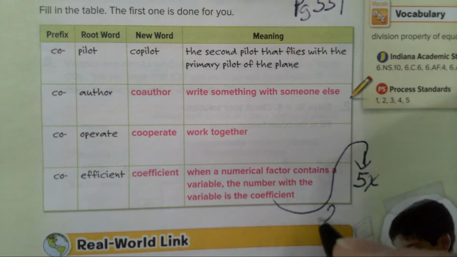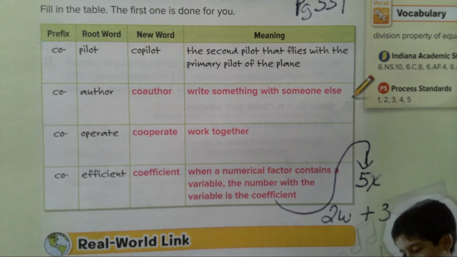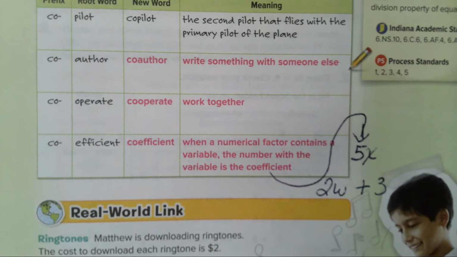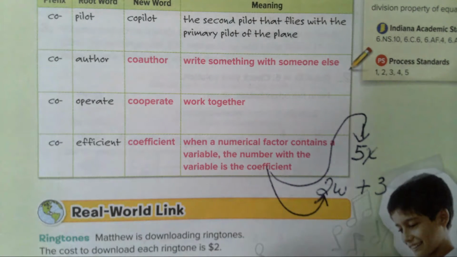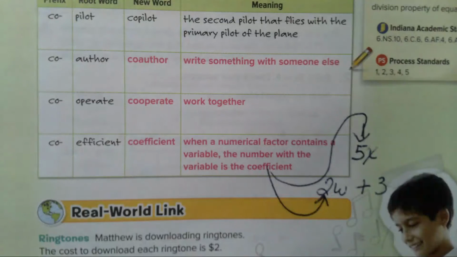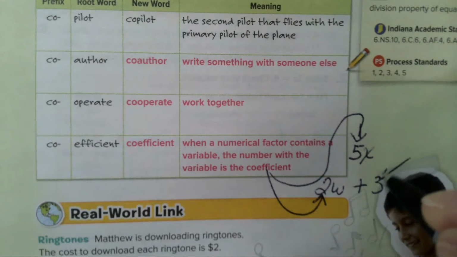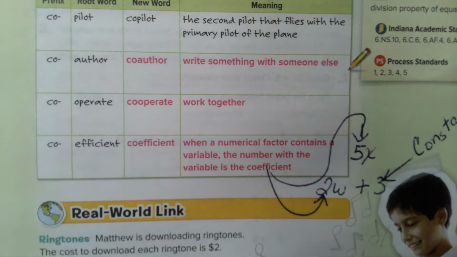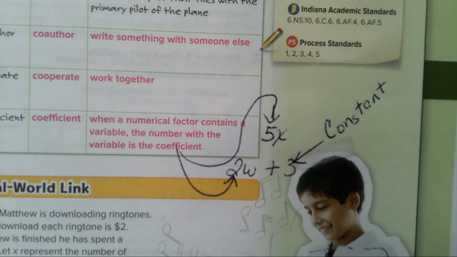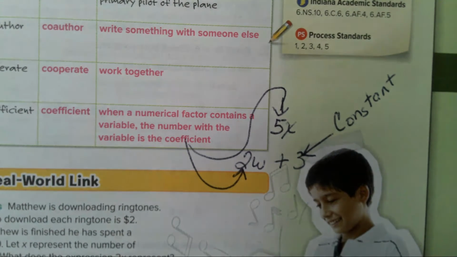If I had 2w plus 3, which of those numbers is a coefficient? The 2. Right. Only a number with a variable is a coefficient. Does anyone remember, what do you call a number without a variable? What's the 3 called? It's a constant. The 3, a number without a variable, is called a constant. Because it's constantly the same value. It's constantly the 3. It has no variable with it. All right? Okay, now let's go on to our next page,